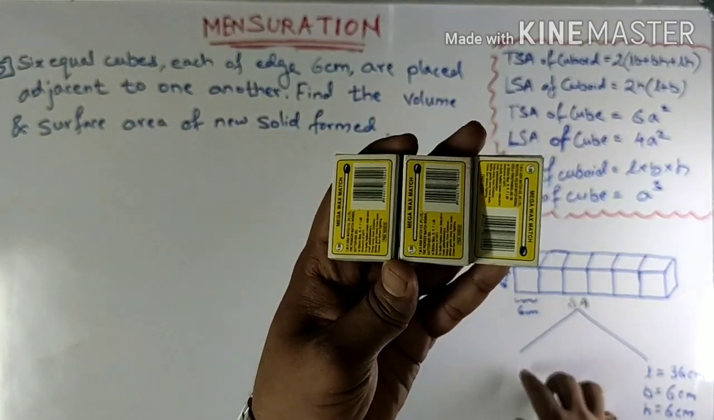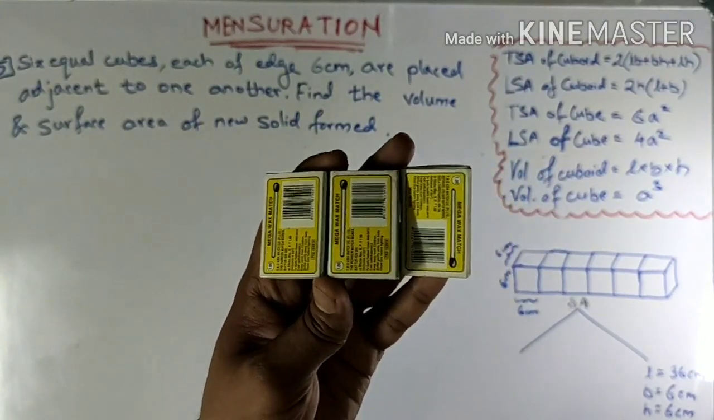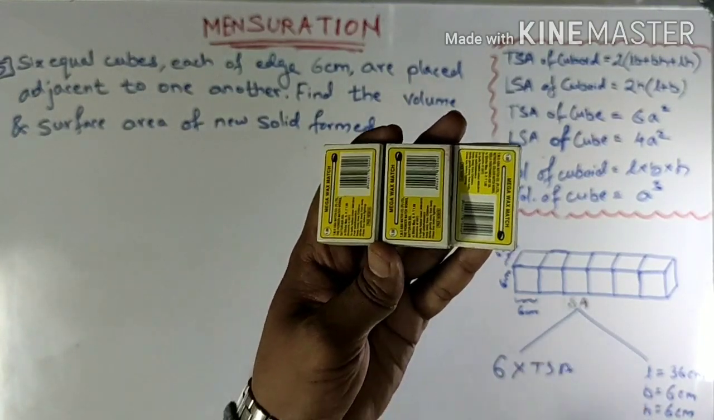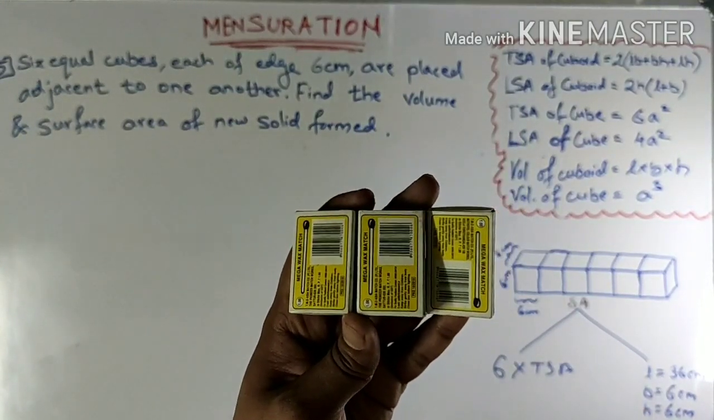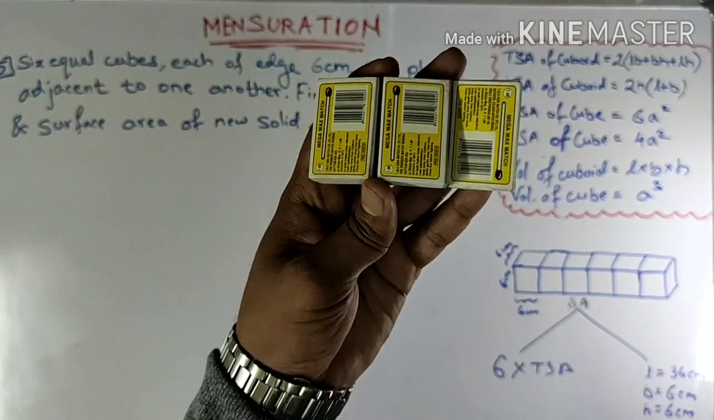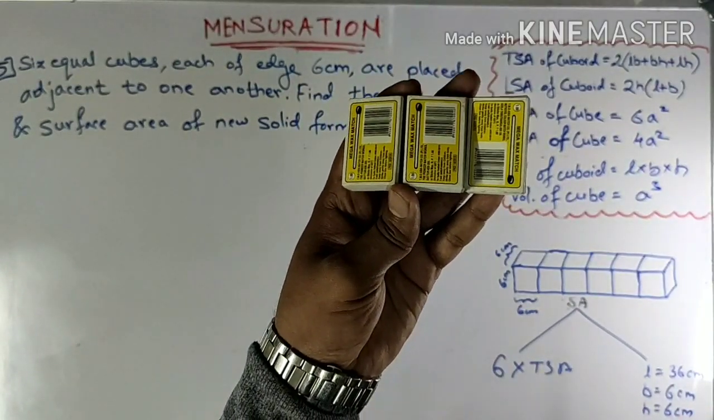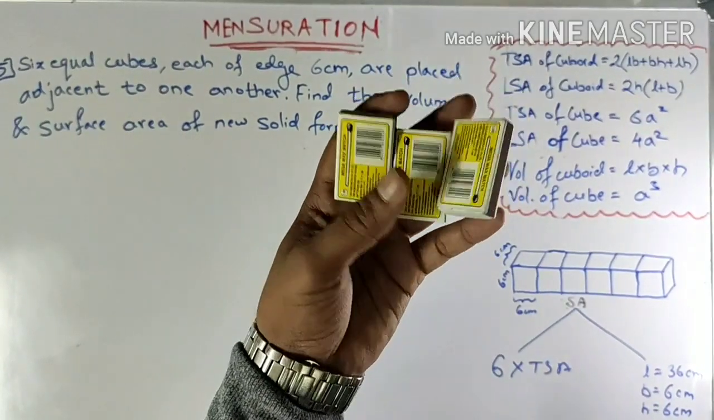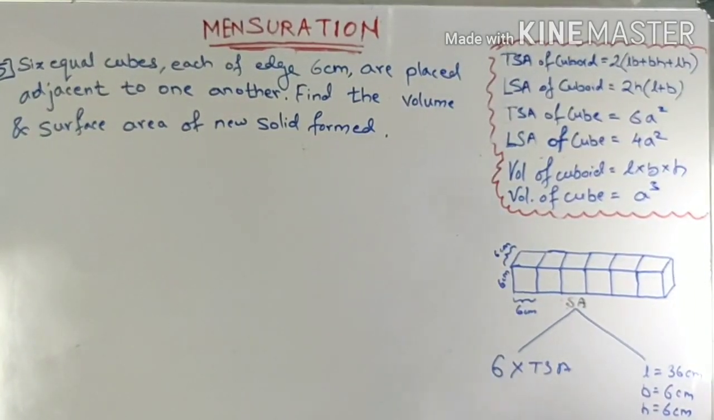That's the reason we cannot have directly 6 multiplied by surface area of this cube, because based on my arrangement, my surface area changes. Always remember that. So sticking to this arrangement,